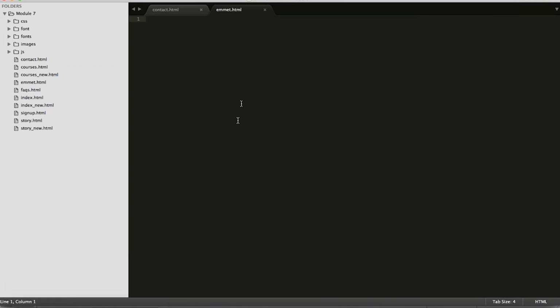So this is my favorite text editor, Sublime Text, and to write HTML, CSS and JavaScript code, you don't need anything other than this. Nowadays we have JavaScript.